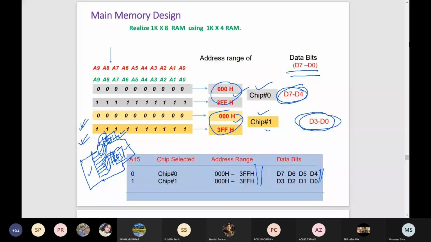The lower 4 bits can be stored in chip 1 and the upper 4 bits in chip 2. If we design it in that fashion, the CPU can directly transfer the 8 bits, but both should be synchronized. Chip 1 and chip 2 will be selected and enabled at the same time. At that moment, if the processor transfers the 8 bits to the memory,